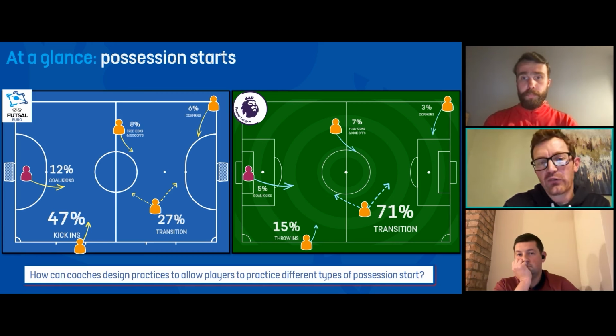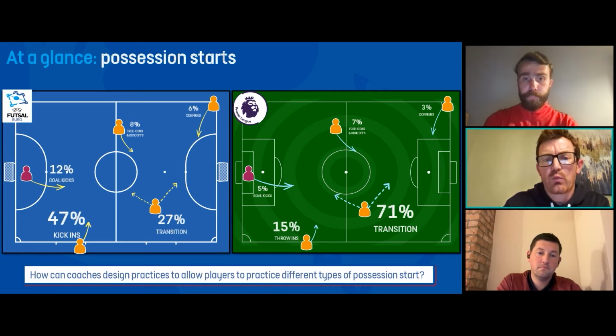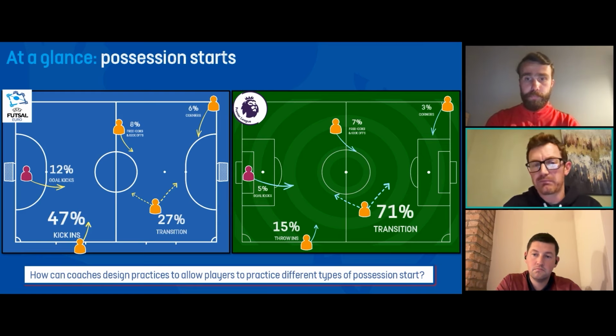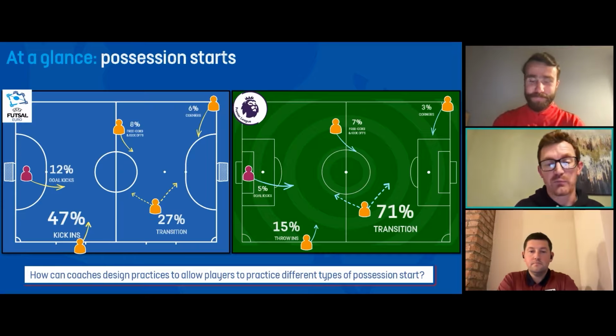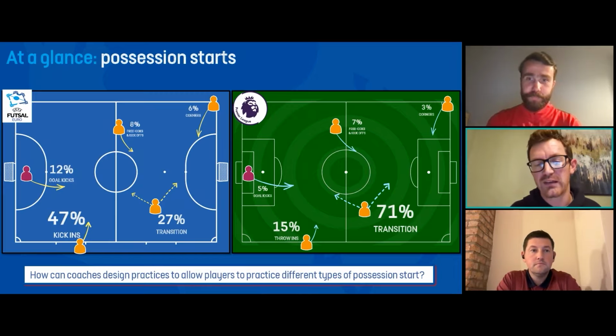And it's making sure that, again, our practice is reflective of that. And that would be something I would be doing. Why not start your practices from a corner? Why not manage that corner situation that might lead into some kind of transition? Because that's what happens in the game. One minute I'm striking towards goal and I think I might have scored the top corner. The keeper saved it, distributed quickly, and I'm recovering 20, 30 meters. And that's what we want to make sure happens. So not necessarily designing practice in isolation, but trying to connect that with different moments within the game